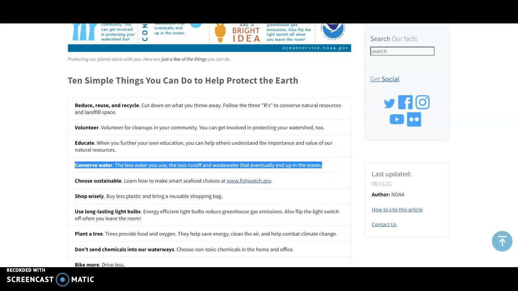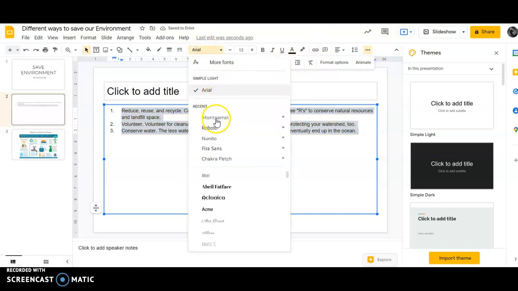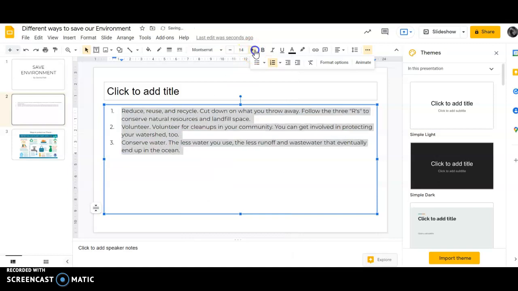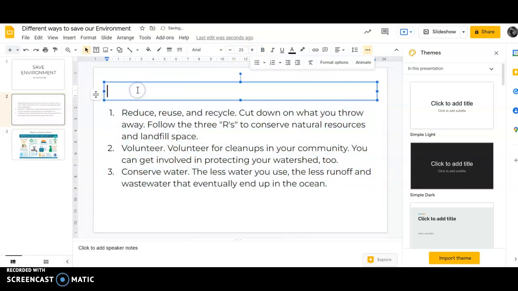Yeah, so you can add this also in your slide, conserving the water. Okay, now let's make this bigger so that it's visible to us. Put a title over here like